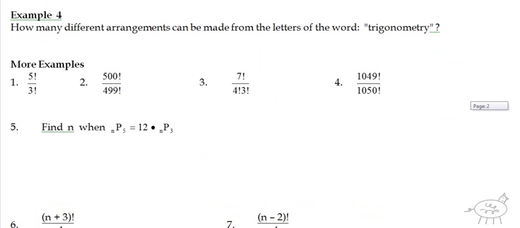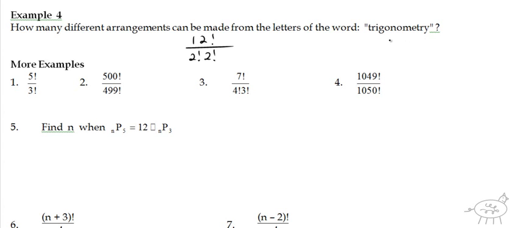The first example says, how many different arrangements can be made from the letters of the word trigonometry? So basically what you do here, math fans, if I count the number of letters in trigonometry, you would see it's actually 12 letters. So it's 12 factorial over, and then you're looking for letters that are repeated. Do you guys agree that there are 2 T's, so that's repeated twice. There are 2 O's, so 2 of those, and there are